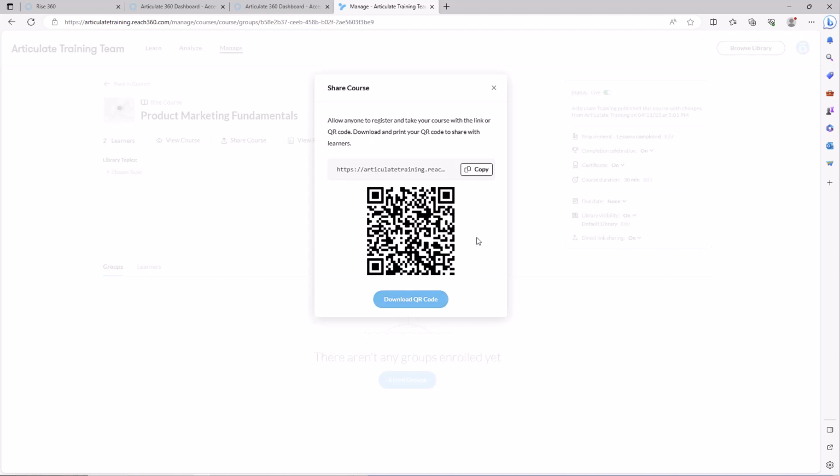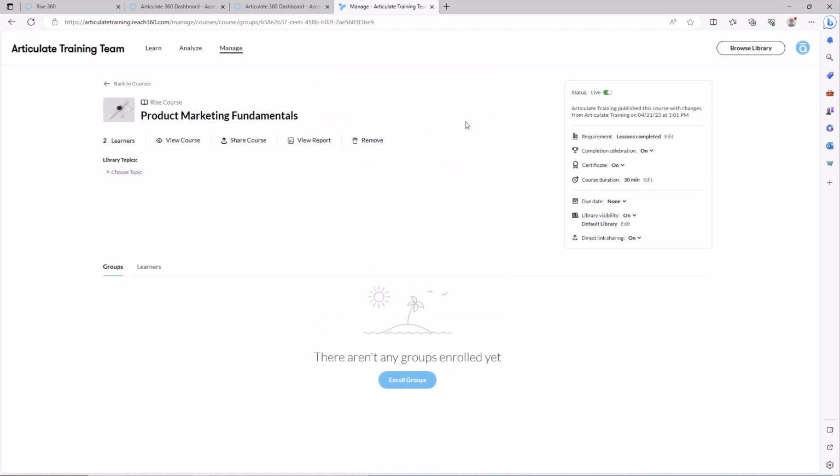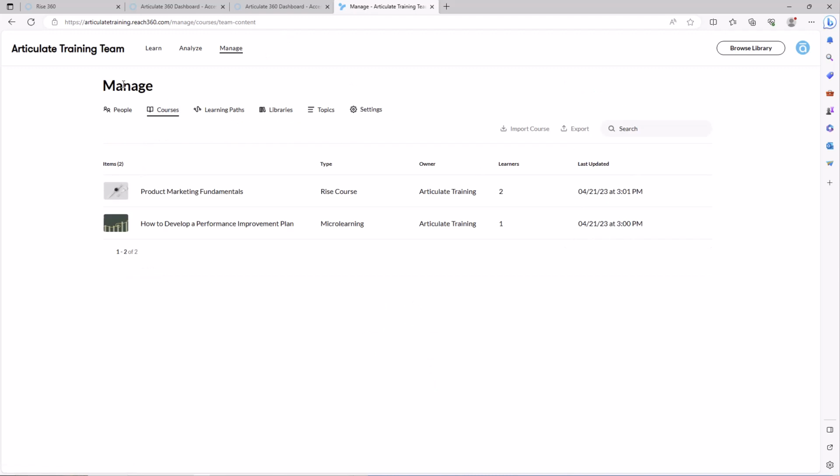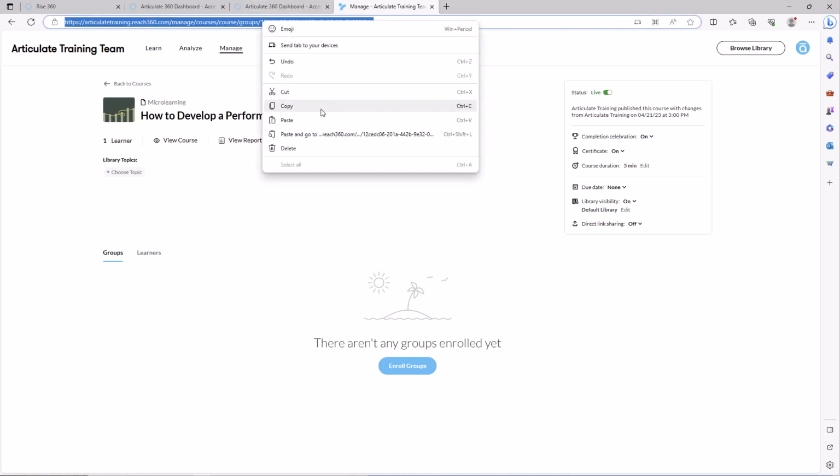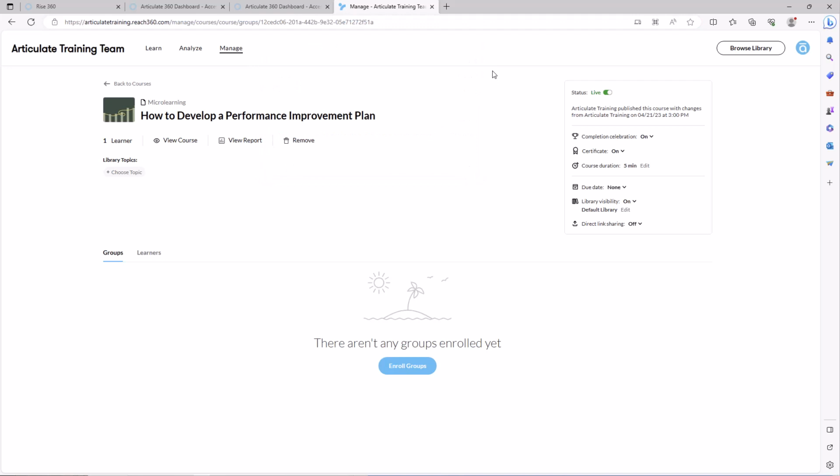So there's 2 ways for the direct sharing, and then again for the direct link, if that course is not in the default library, or if it is not visible in the library, or the direct sharing is turned off, just grab the URL field, and that'll absolutely work for you. There we go. Just copy that and then post that or share that either through Slack, email, SharePoint, anything that you're using to communicate with your learners.